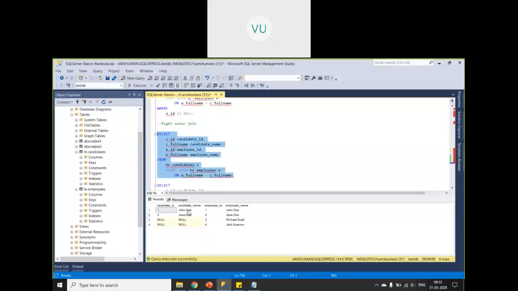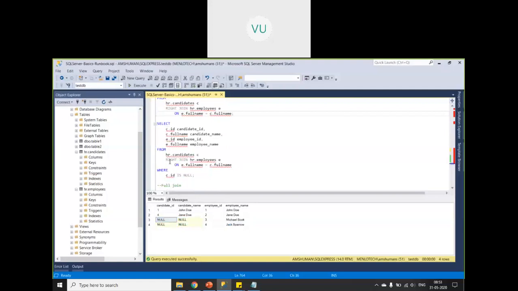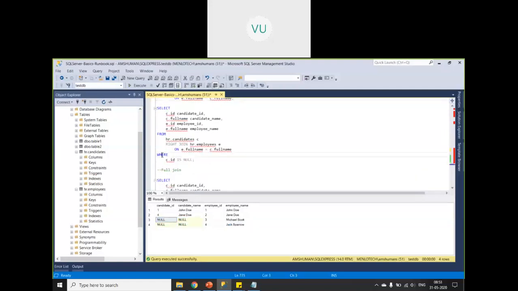Here you can see John Doe and Jane Doe are both returned, but the records from E which are not matching any value in C are also returned with null values because there is no match. That is why it shows null for the columns of C. And the second statement is doing the same thing, but it is also applying a where condition on this particular result.